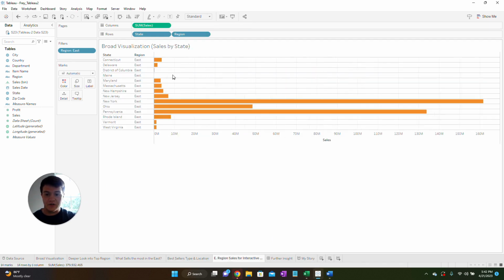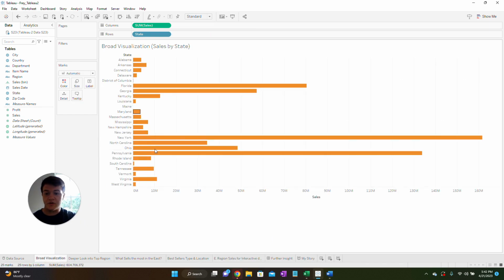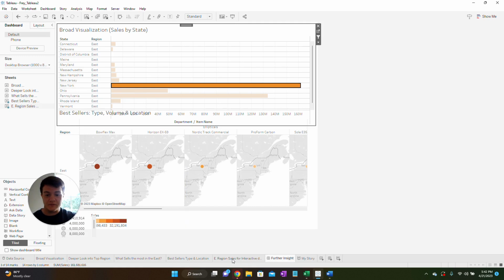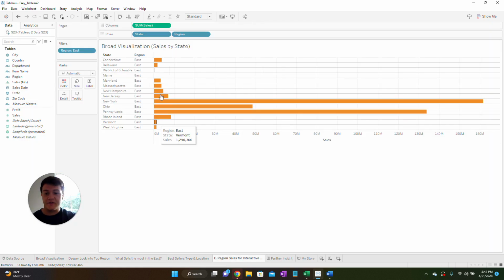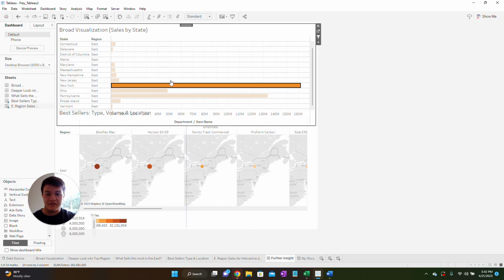So this chart is a similar bar graph to what I created initially in the broad visualization. This is basically the exact same thing. However, this is constricted to only the eastern regions. So this is just going to show us everything that's in the eastern regions. And I made this visualization because I wanted to include it on this further insight sheet here. Because when you look at